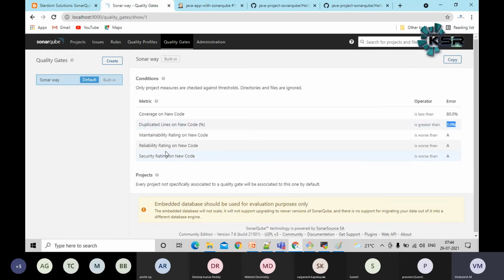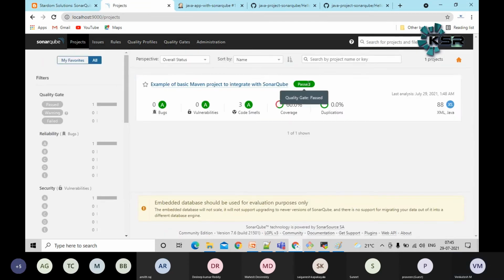Similarly, maintainability rating, reliability rating, security rating, all these will depend on the number of lines of code, number of classes, duplication, and also the bugs and vulnerabilities, guys. All these options it will consider and it will mark it as pass or failure here.